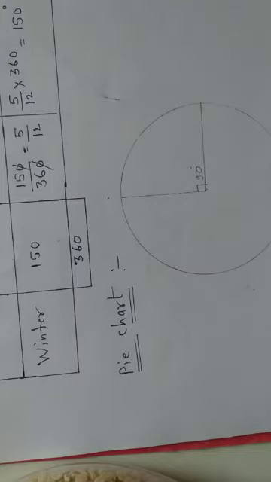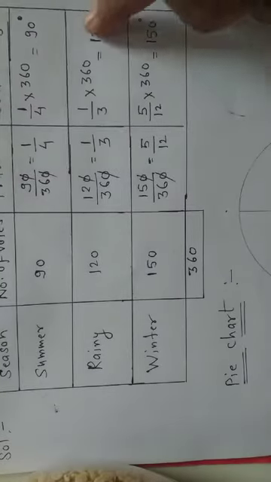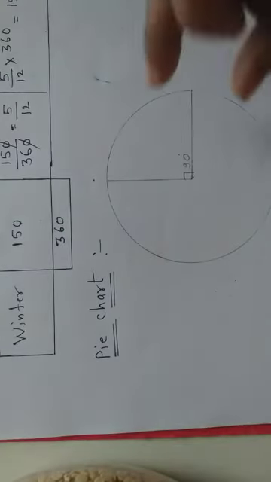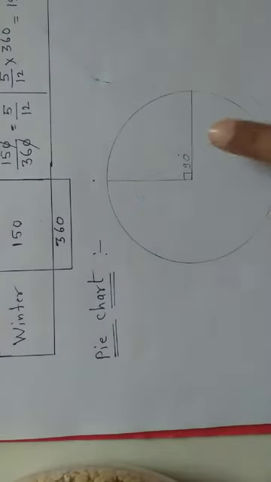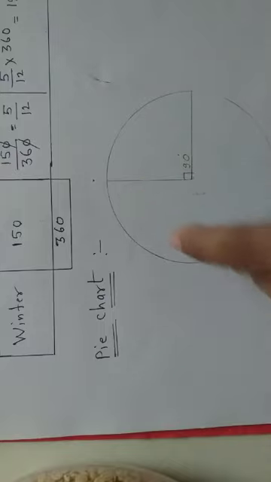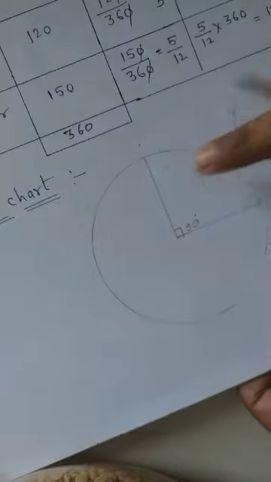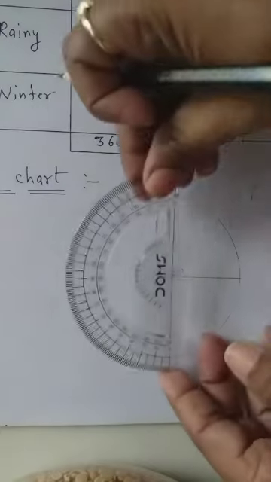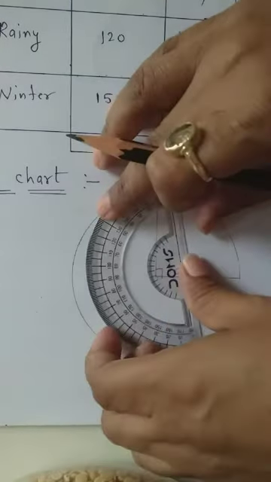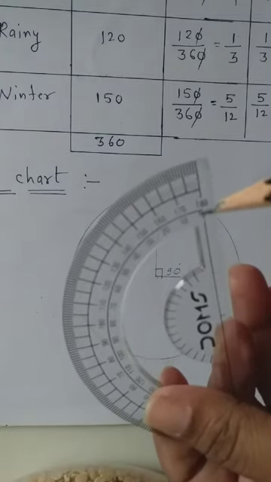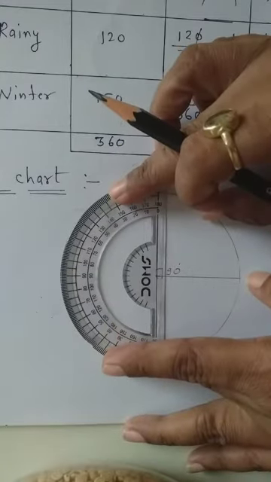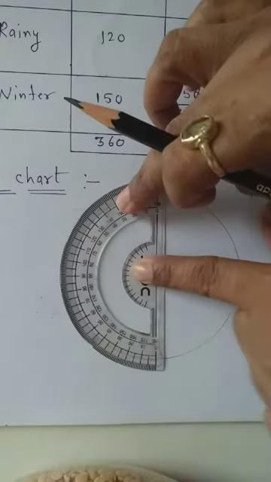Okay student, now the next angles in the table are 120 and 150. Suppose we will draw the 150 degree angle. For making a 150 degree angle you can take a baseline, either this one or this one, any one you can take as a baseline. Suppose I am taking this one as baseline, so again we will set the protractor. Now see here, this is the protractor. You have to set it in this manner so that this line overlaps on this. Set it properly in this manner, and then the 150 degree angle.